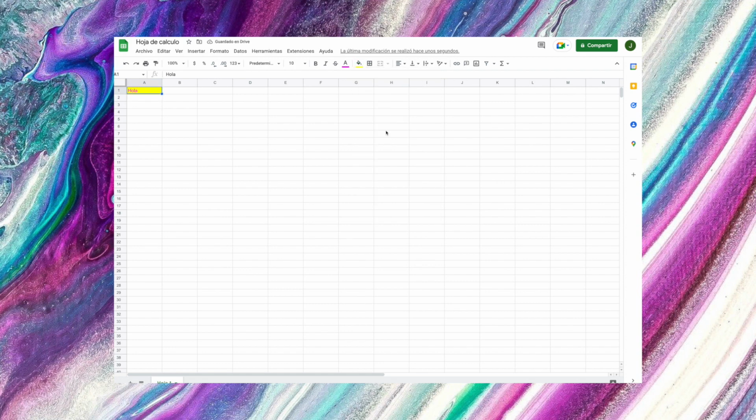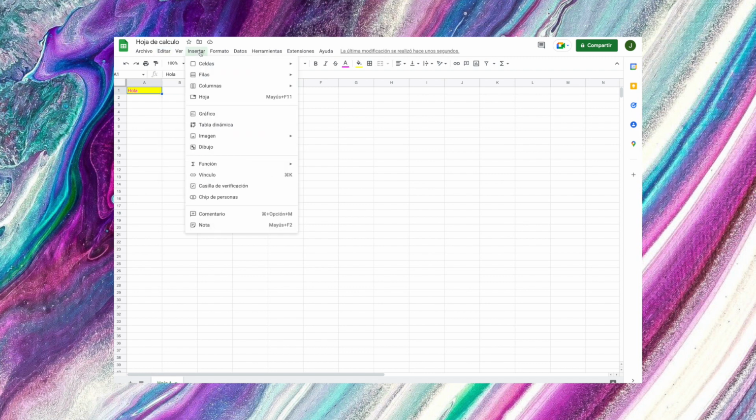In Edit you will find these tools: undo, redo, cut, copy, paste, paste special, delete, search and replace. In Insert you can find cells, rows, columns, chart, pivot table, image and drawing, function, link, checkbox, people chip, comment